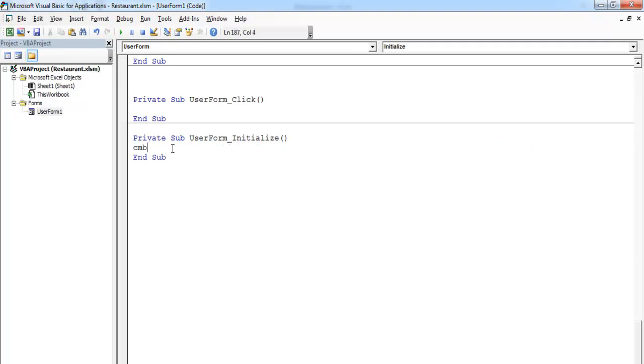CMD convert dot text equals, so let's enter as follows. That's giving the user an option to select one of the choices. Okay, so we also need the CMD